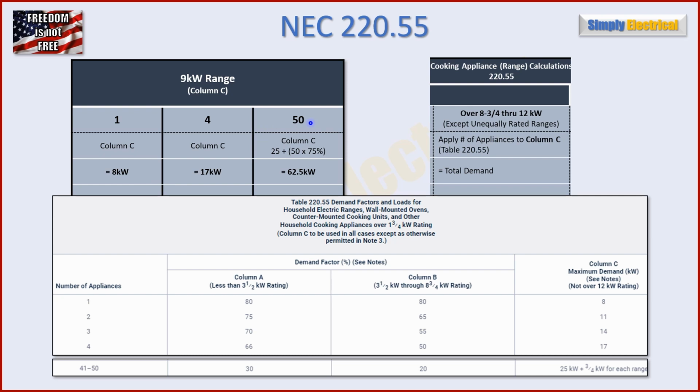If you get above a certain number, and you can see this in your code book, or you can go back earlier in this video and see the full Table 220.55, you can see how the last two sections are a little bit different. They have a little equation down here you have to factor in. That's why I chose 50, because it puts us in the place where you need to do the extra step. So what you do, the same thing, you go down to 50 appliances, then you go across,